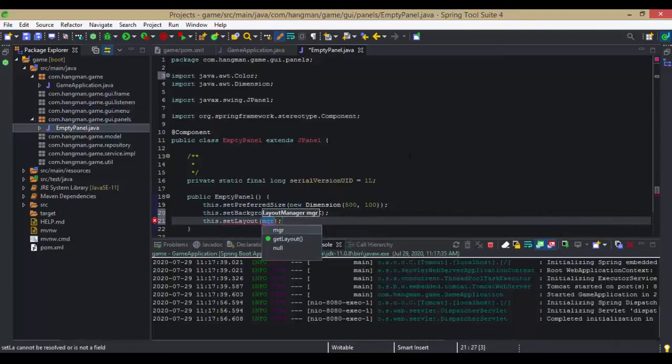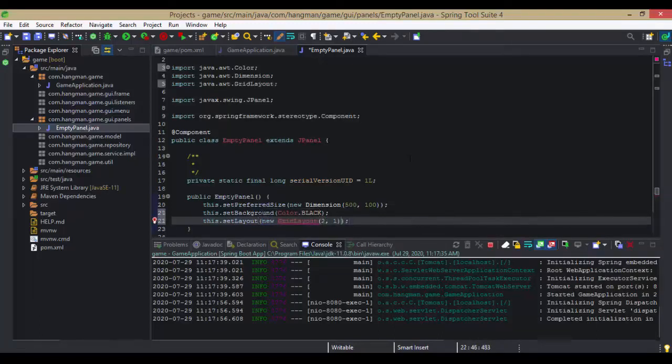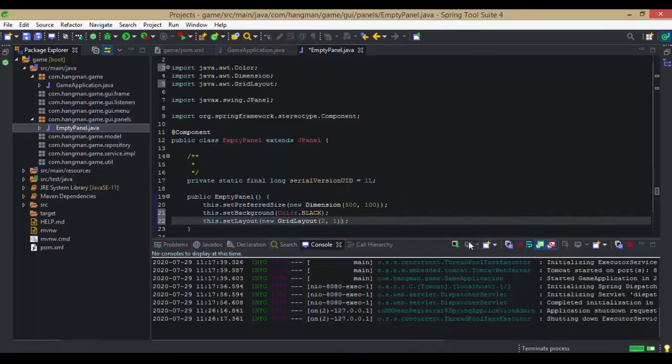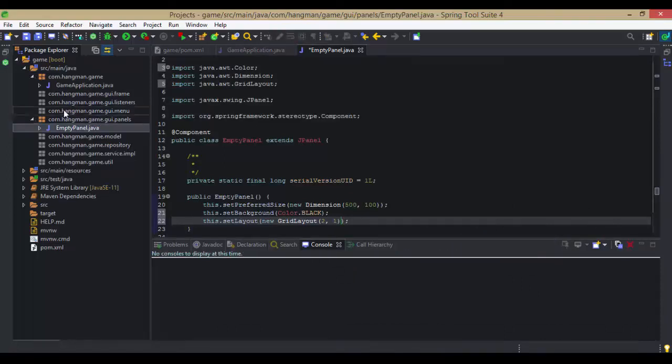And we can set up a simple layout for our panel, and let's go with a grid layout, two and one. I stop the initial